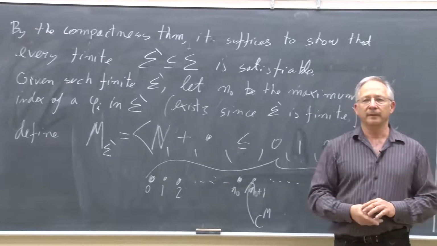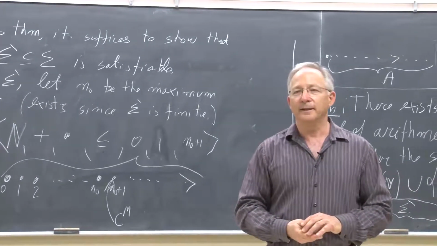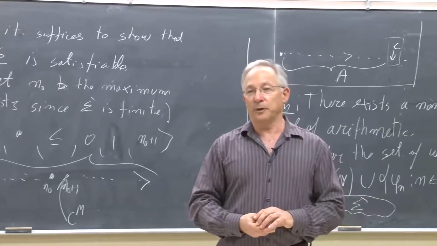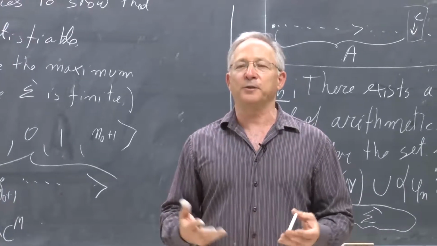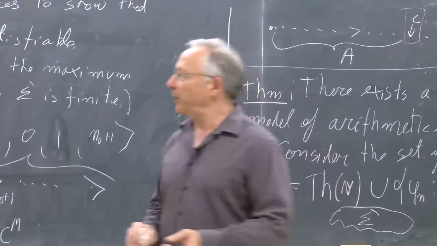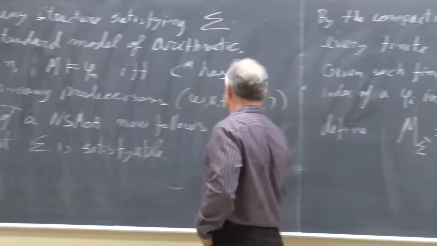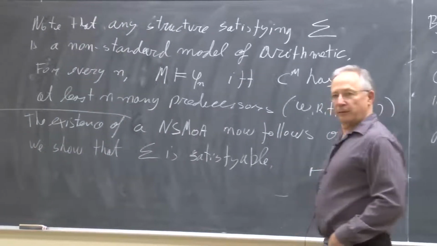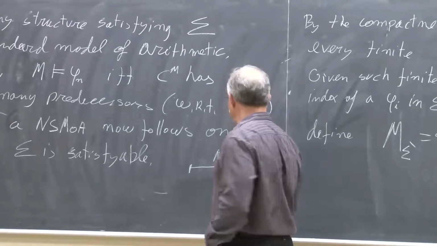Yes? I was wondering if we have an example of M that is a non-standard model. So we discussed it last time. I mean, an example in the sense that we could describe it. Okay, we describe it because the non-standard model looks like this. It looks like the usual standard model of arithmetic with the usual operations. And then you have here